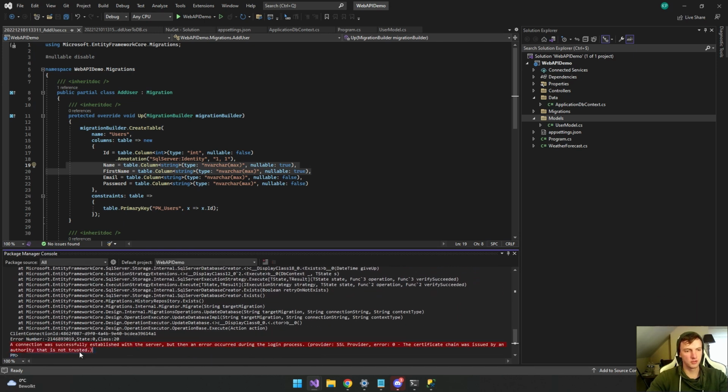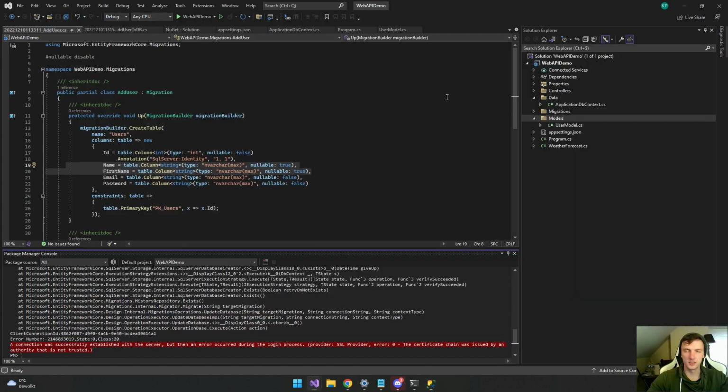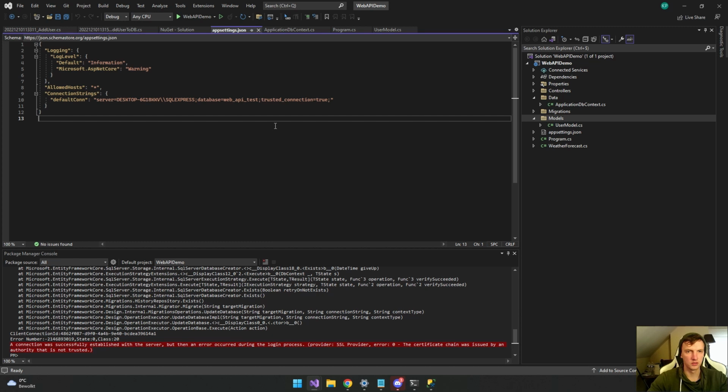A connection was successful with the server, but then, let's see if it is still pushed. Probably not, because they say the connection was not trusted.